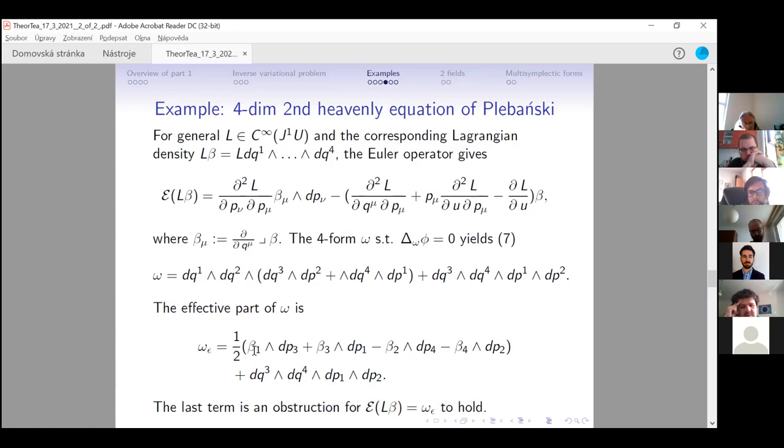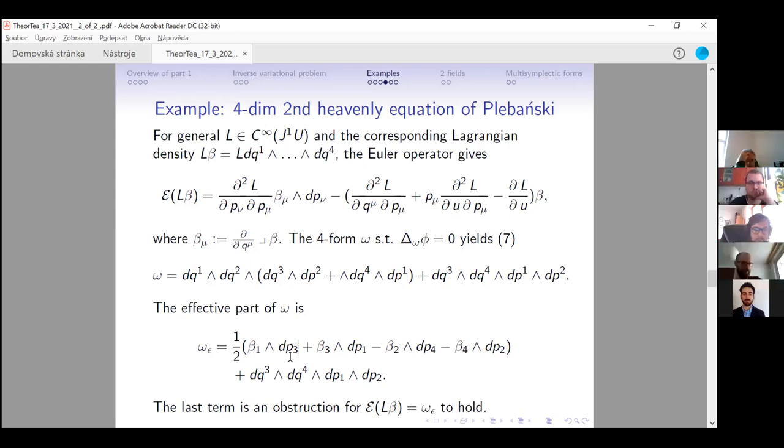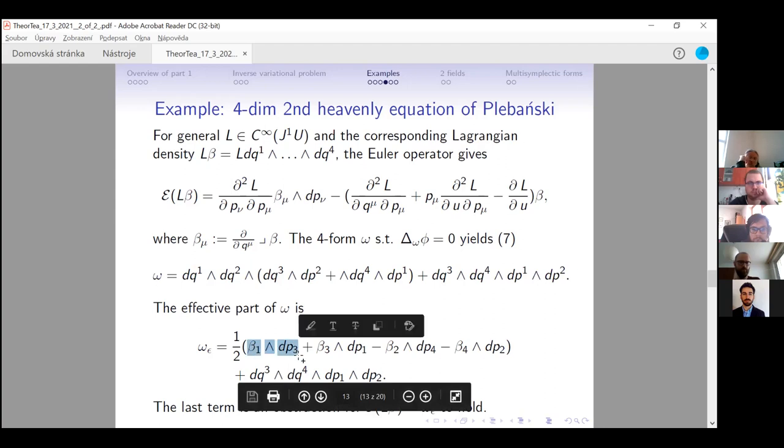So for example, this first term, beta 1 dp3, is responsible for, if pulled back down, something like 531 minus 513. Sorry, 531, and that's it. So this would be the 531 term,